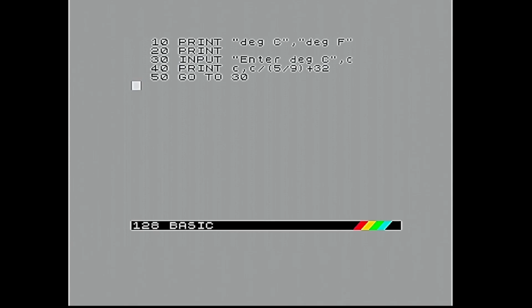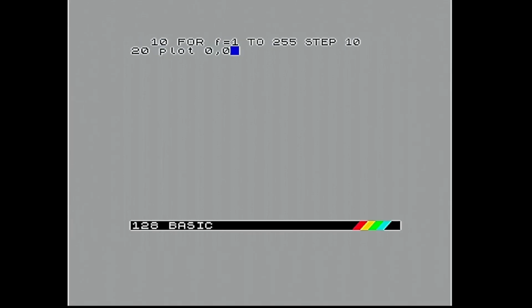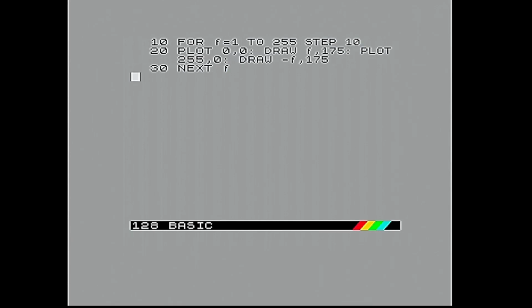Okay, I'm just going to show you a really quick other one now, and you can see just how powerful a thing you can do on a computer with a really, really small amount of text. So I'm going to type new just to start afresh, empty all the memory. Here we go. Alright, okay, so there's quite a few functions here that we haven't looked at before. We're not going to go into detail on those now, but if we go run,